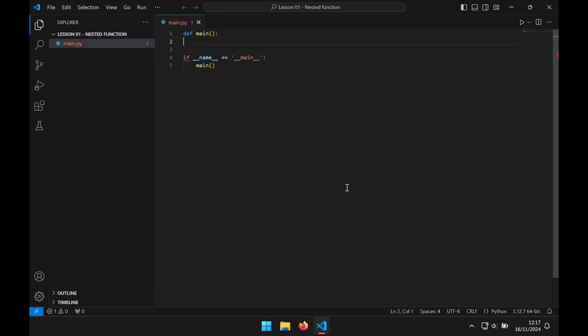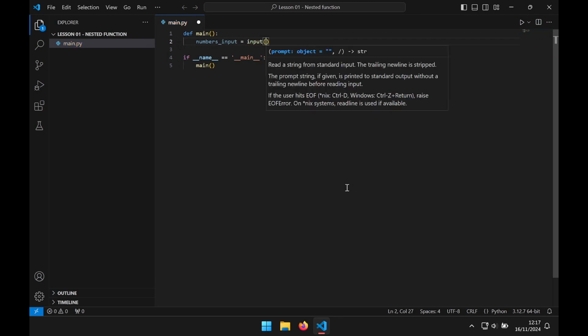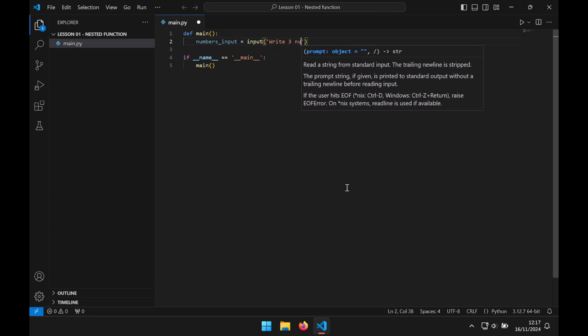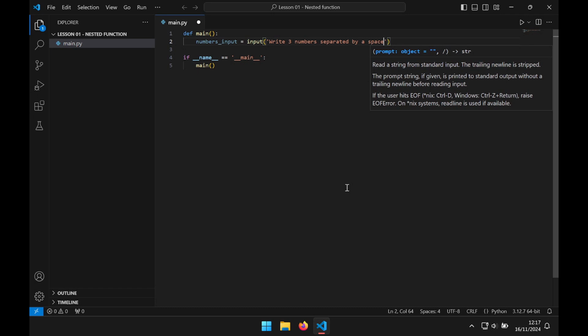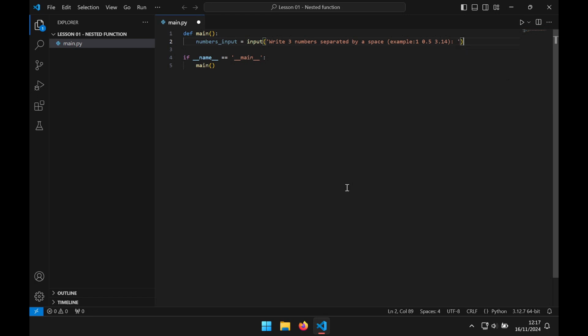So let's create a variable numbers_input equals input("Write three numbers separated by a space (example: 1, 0.5, 3.14): ")